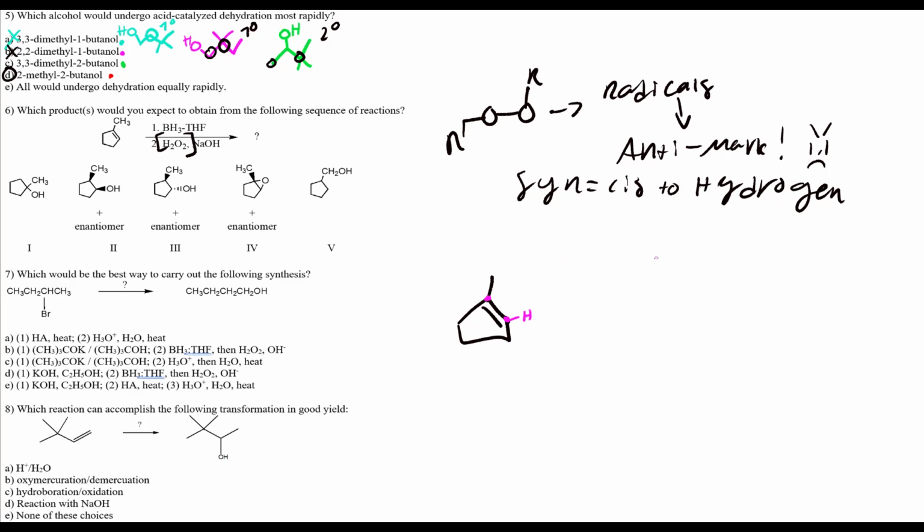So if I add my hydrogen here, he's going to have 1 friend. Well, that's pretty good, but what if I added my hydrogen here? Well, he's going to have 0 friends, and anti-Markovnikov says, hey, I don't want you to have any friends, right? Or the least amount of friends. So he is going to be really bad, and he's going to put him in the least amount of friend area, right? So therefore, I'm going to have a breaking of the double bond, and we're going to be adding